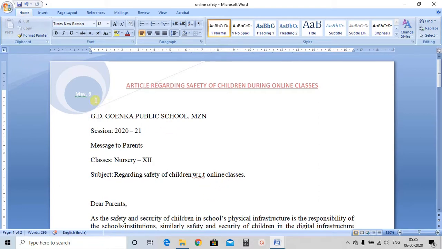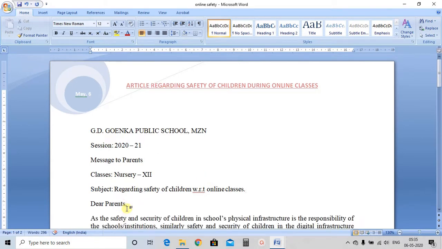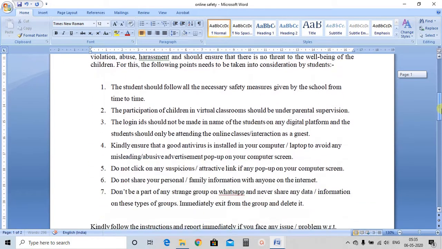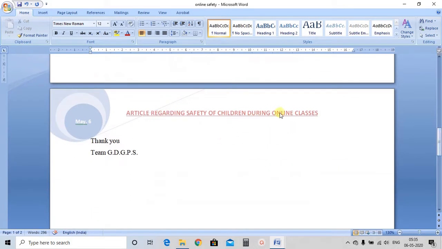So what we have done, we have inserted a header, and as I have said, the header part you just have to insert on the very first page and it will come itself on the other pages. So when you move down to the next page, you will find that there is a header automatically appearing on the second page.